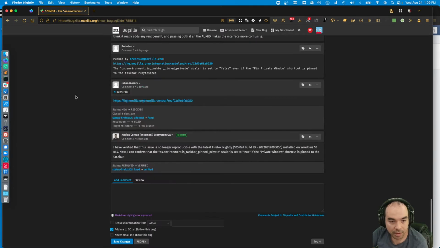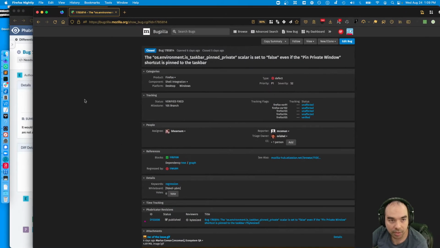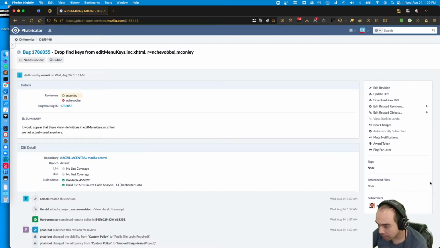But it seems like there is an effort going on to change some of our pinning behavior. But according to Crushed Optimist, Nightly now is a separate Windows taskbar icon for private browsing windows. That's a good thing. And maybe, down the road we can take advantage of that whenever we want, if we were to have different items in the taskbar on Windows for different profiles. But before I go into that, I want to review a patch.